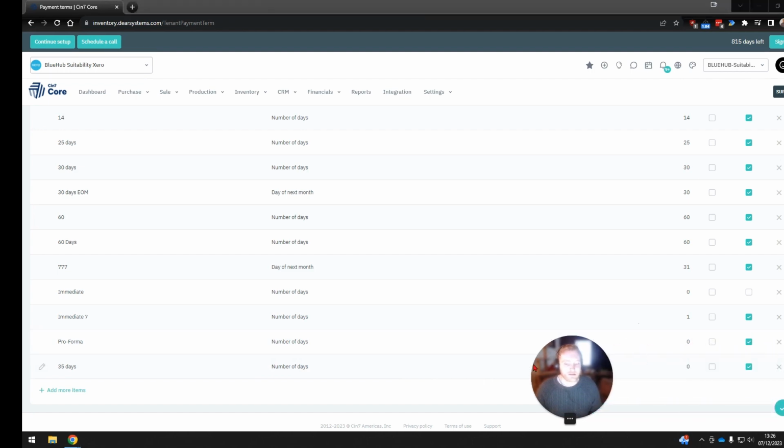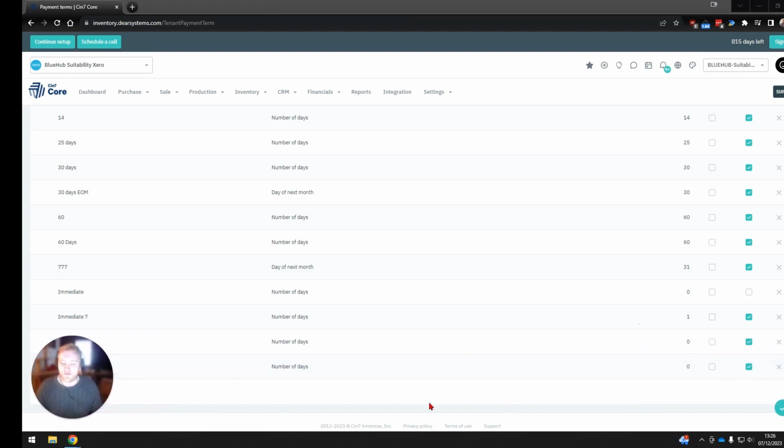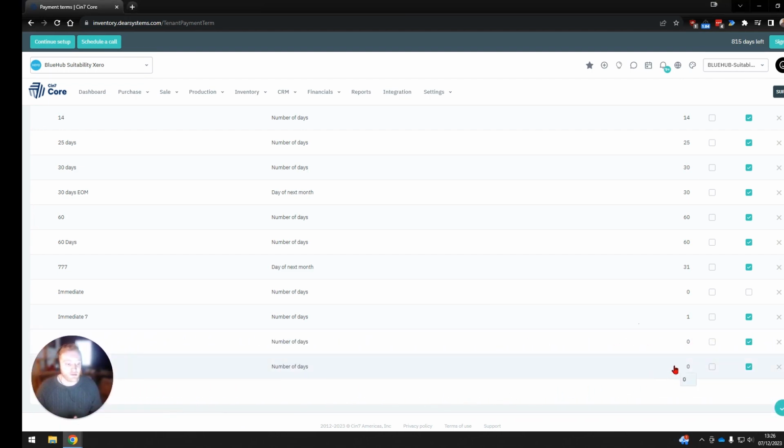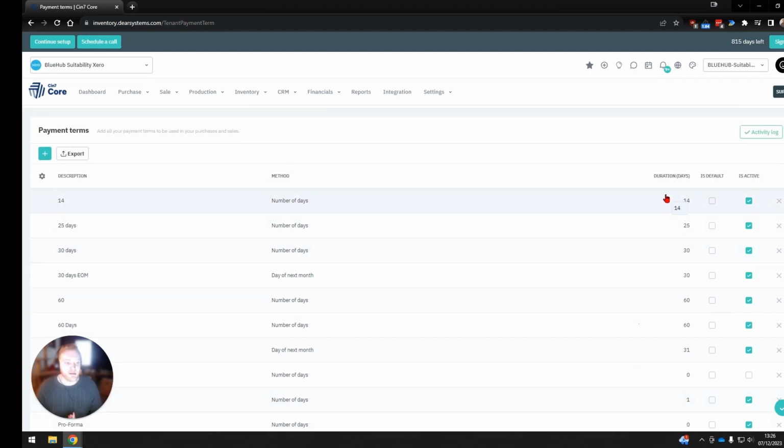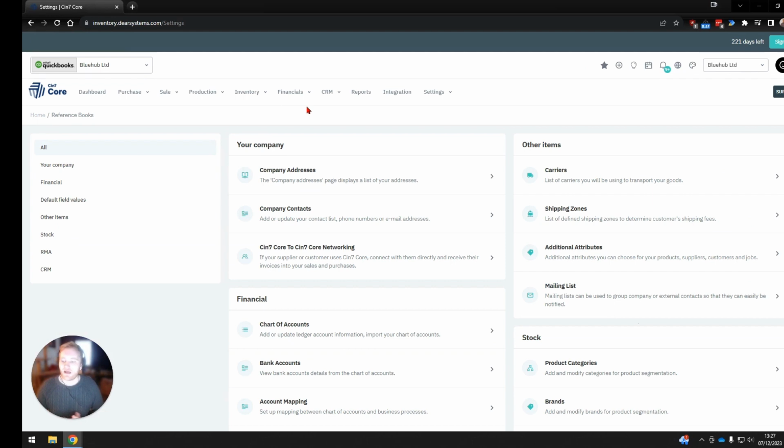And then on the far right hand side from here is where we have our days which we can add in. We can change this number on the right hand side to the number of days which we need. So here we've got 35 for 35 direct days. And then if you are using a particular payment term which is always to be used every single time, you can then allocate this as default option. So now if we have a look at the other items within our reference books, we can go into the